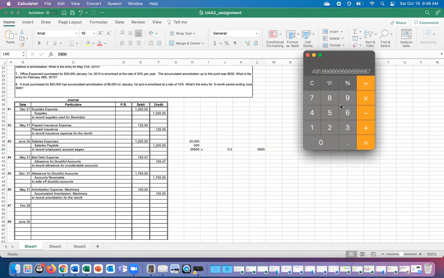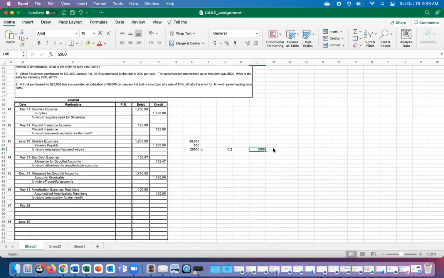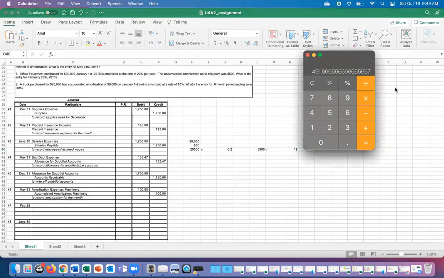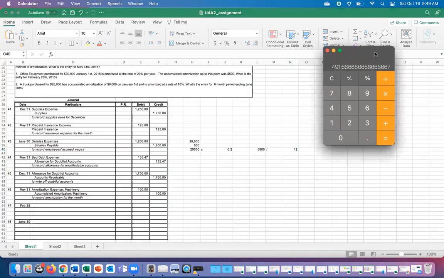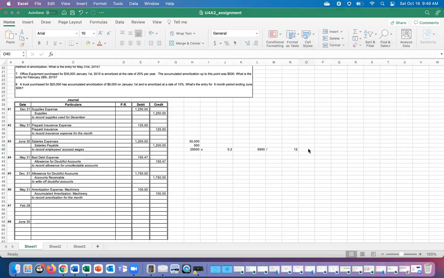And we get 491.6 recurring. So we'll call it 491.67. And so that's the number that we are interested in. Just putting these numbers in here so I remember them. 491.67. Okay, so that's our number. That's how much this office equipment is going to amortize or depreciate or lose in value over the month of